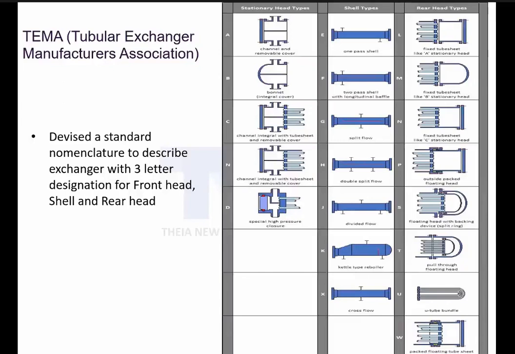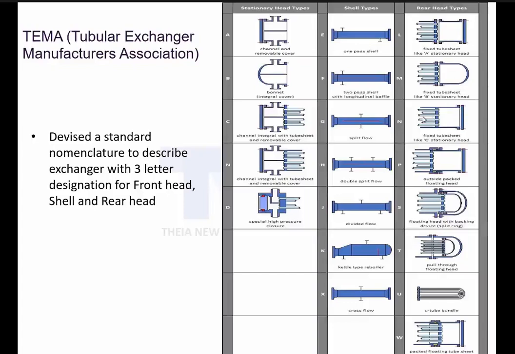So remember where to use B, where to use A, where to use C. The C is high pressure, more than 100 bar. N, okay, I didn't talk about N, right? N is the cheapest exchanger. Everything is fixed. Whenever you see N, the rear end can be N only. It will be N-E-N, always. This is the cheapest exchanger.